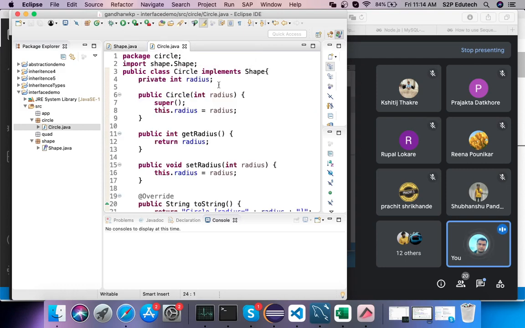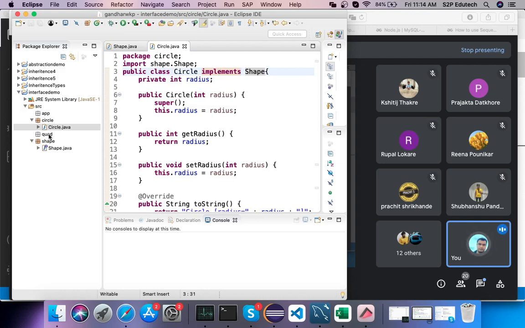Right, then another subtle difference is that a class implements an interface, whereas in abstract class जब था तो we use the keyword extends, right? So a class extends a class, but a class implements an interface, right? That is what you need to remember. Class extends a class, but a class implements an interface, right? And third thing is another interface.